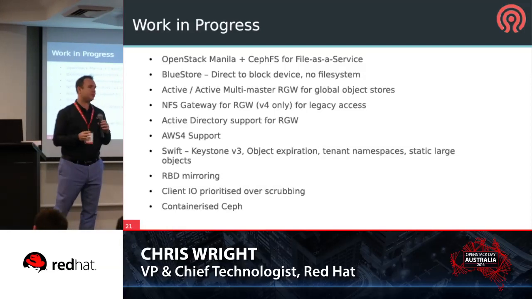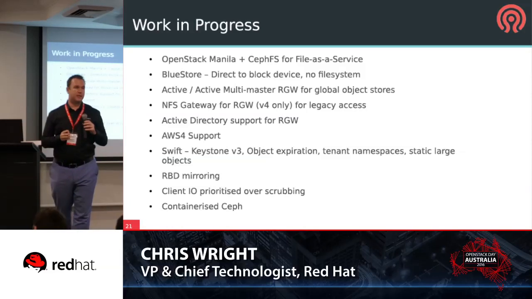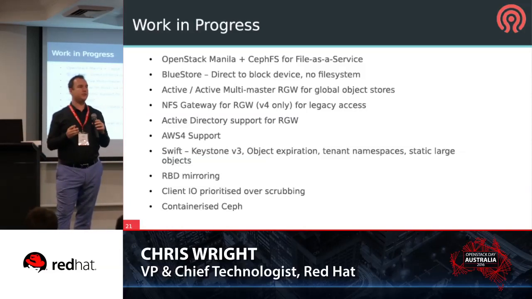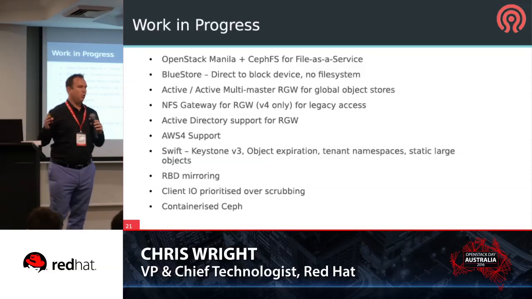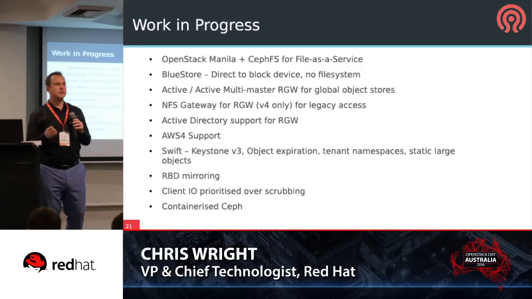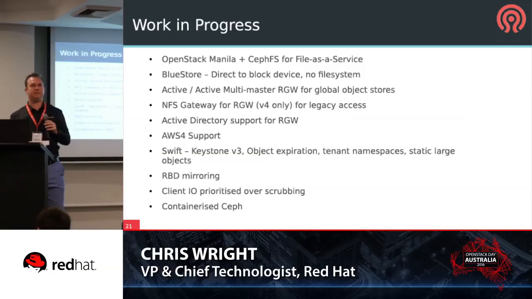A lot of object stores, while they give you the REST API of S3 or Swift, have a lot of legacy applications that need to address that same data, but so far there hasn't been an interface. You might have seen things like S3FS, which is awful, but in some respects solves a problem. So people want an object store as a file system. Inherently they are fundamentally different, but it's still a valid business problem.